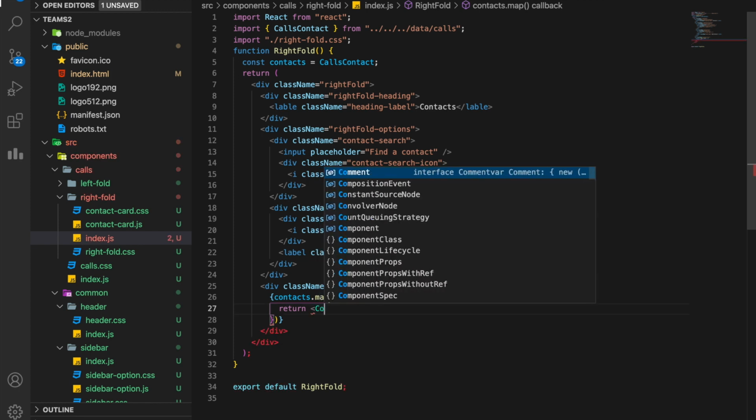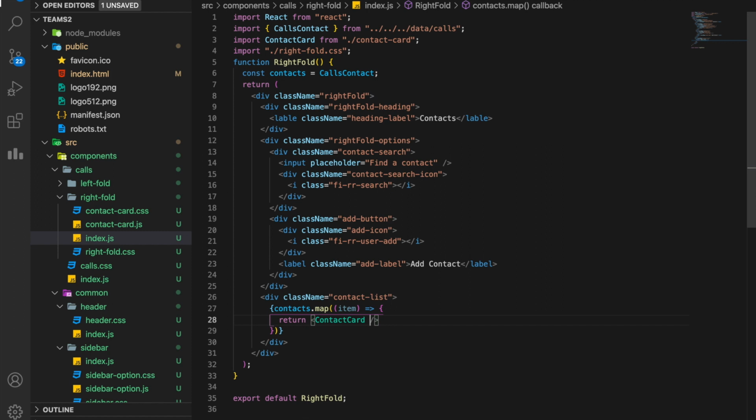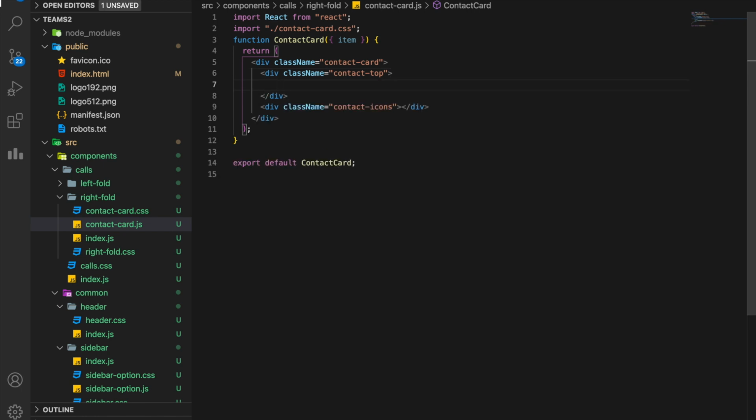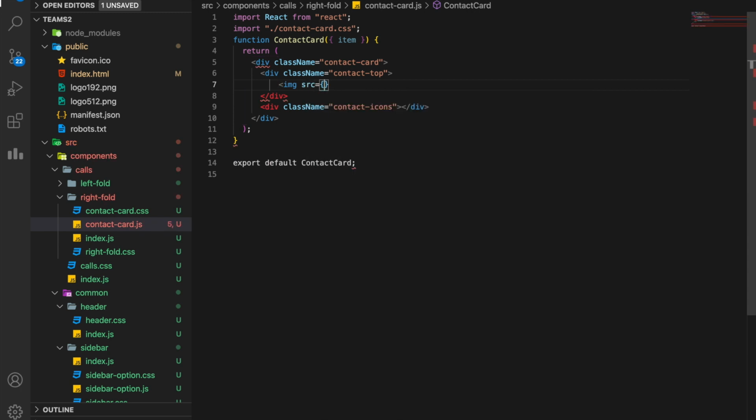Okay, let's call it here so that I can use it all the time. It's called contact card, right? Contact card. Perfect. And let's pass item. I am again repeating, array map is one of the most important things that you should know, so that you can make everything very fast. Now in the contact top we need an image, and the source is obviously our item.avatar.